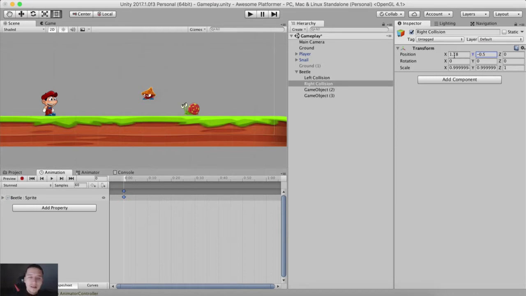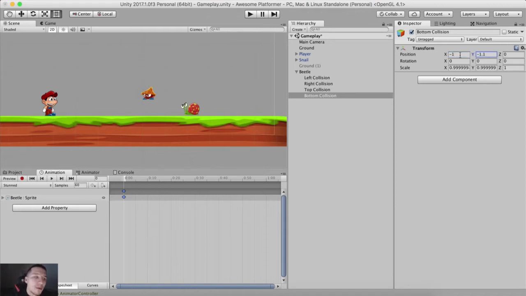We are also going to have the top collision, so here we're going to say top collision like this. For the position of the top collision, we are going to say 0.9 on the Y-axis. X-axis is going to stay the same. And the last one is going to be down or bottom collision, however you want to name it. So bottom collision. Now for this one, the x is going to be at -1 and the y is going